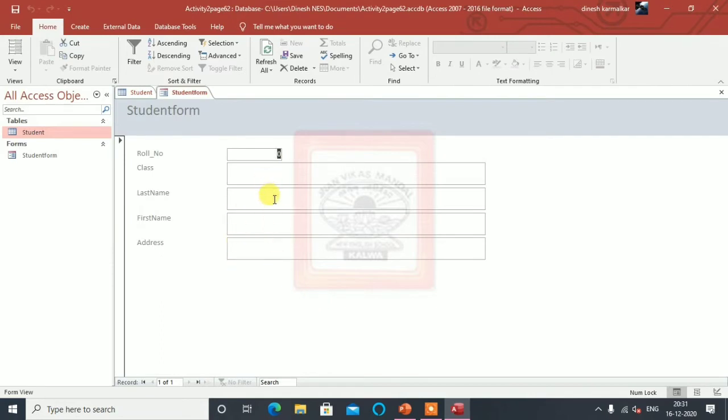So in this I will give first the roll number 1. Then class I am taking here as 8th standard. Then last name I am writing here. Address I will take anything random. Then I will go to next. Then I will take the second record. Class this time I will take 9th.